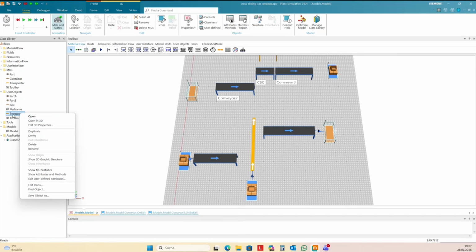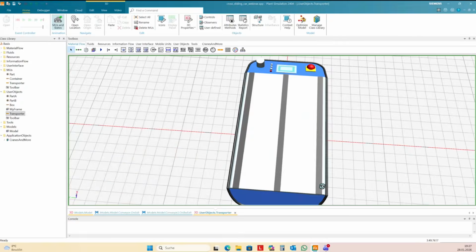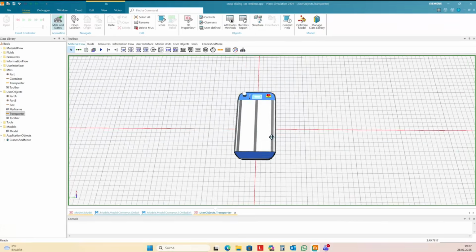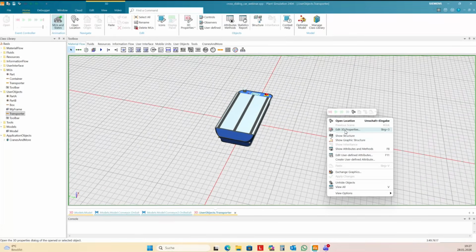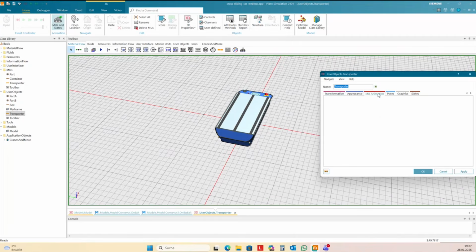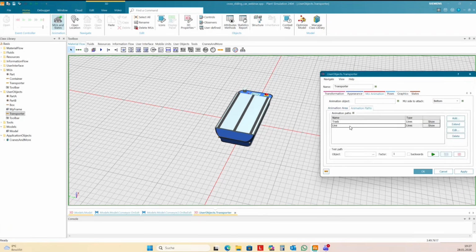So I opened the transporter in 3D. Here you have the transporter, and you can go to the 3D properties, MU animation, and then I need to deactivate the animation area, and I need to have a look at the line show.